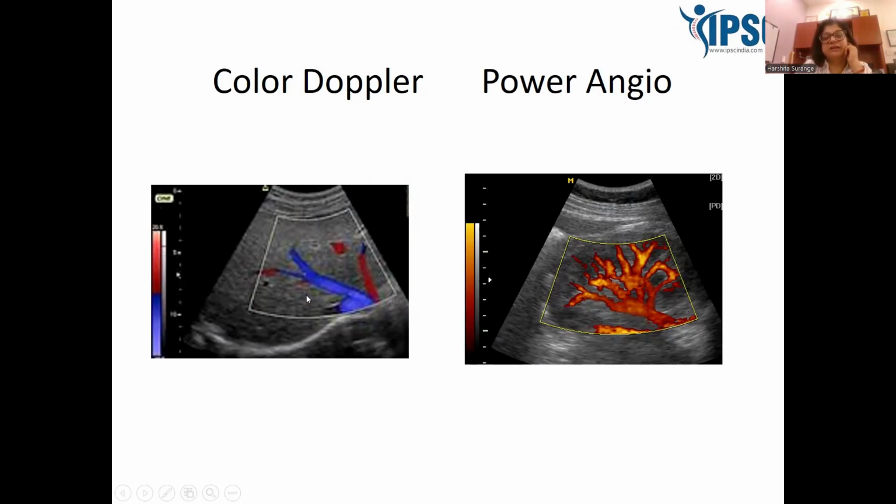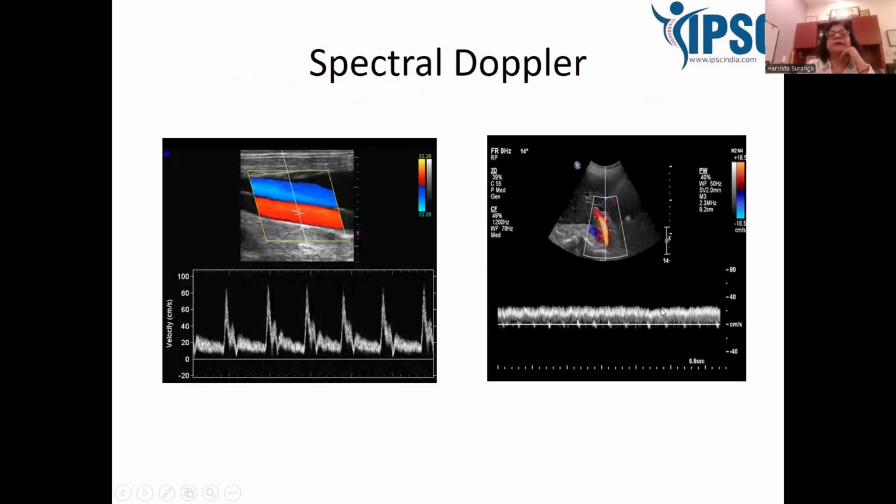Now we've got color Doppler. Color Doppler is, again, to visualize the color flow. There's a scale there, the red and the blue. Red is flow towards the probe and blue is flow away from the probe. Remember, this is not arterial and venous flow. Then we've got something known as power angio. Power angio is a summation of both arterial and venous flow into one color, and it is used to pick up very slow flow of blood. Now, spectral Doppler. Spectral Doppler is specifically made to see the spectral traces, to detect the velocity of the flow.